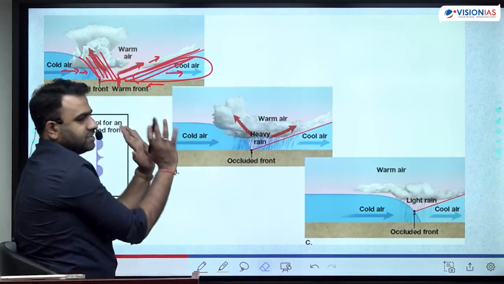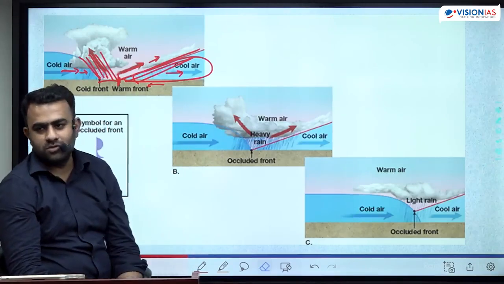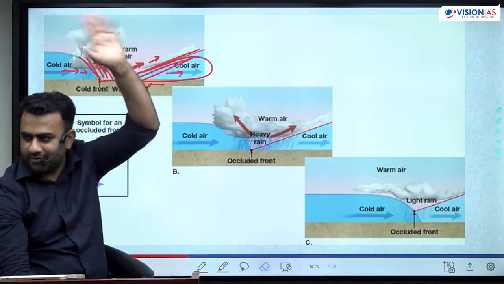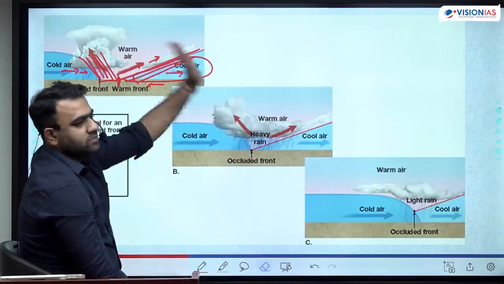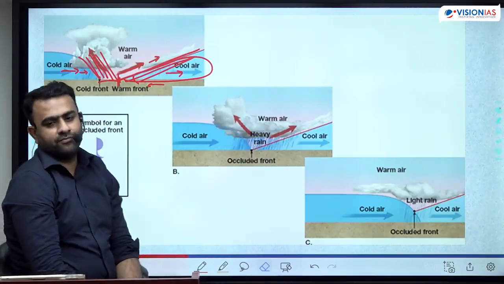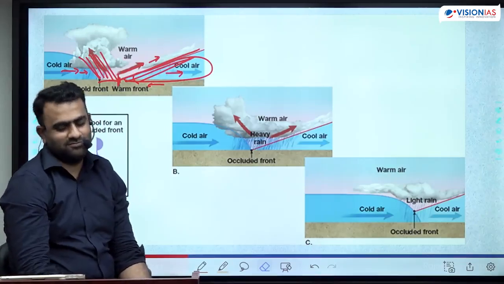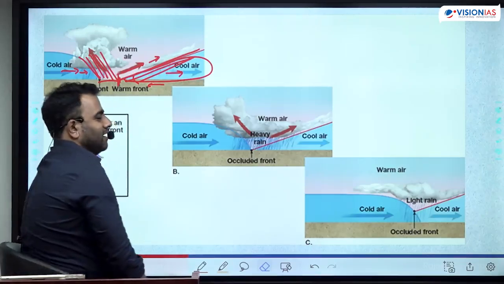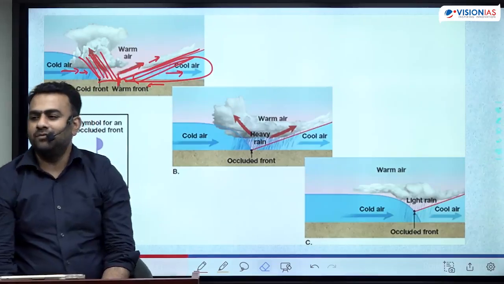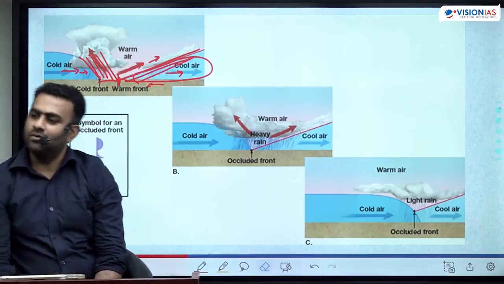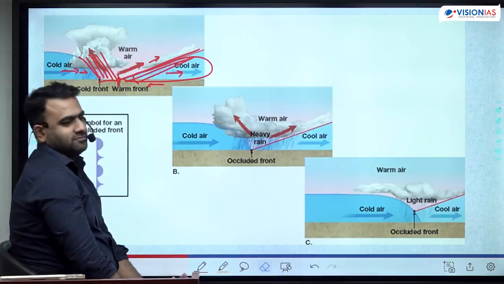What happens to the warm air which is there in between? Completely gets uplifted. And it also cools down. Because once the warm air gets uplifted, it will completely cool down in the upper atmosphere, right? The warm air will gradually lose its characteristic. So then who won? Which kabaddi team? Because the nature of the warm air is like that. Warm air always undergoes upliftment. As the warm air undergoes upliftment, it will become cold. So the cold air will win.